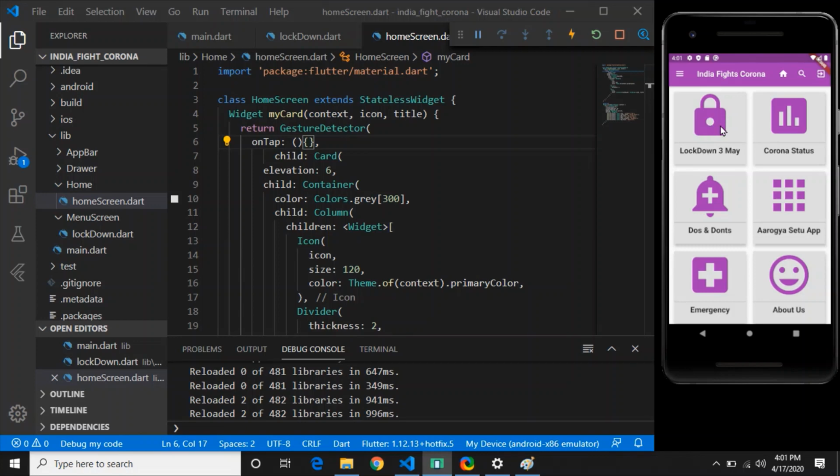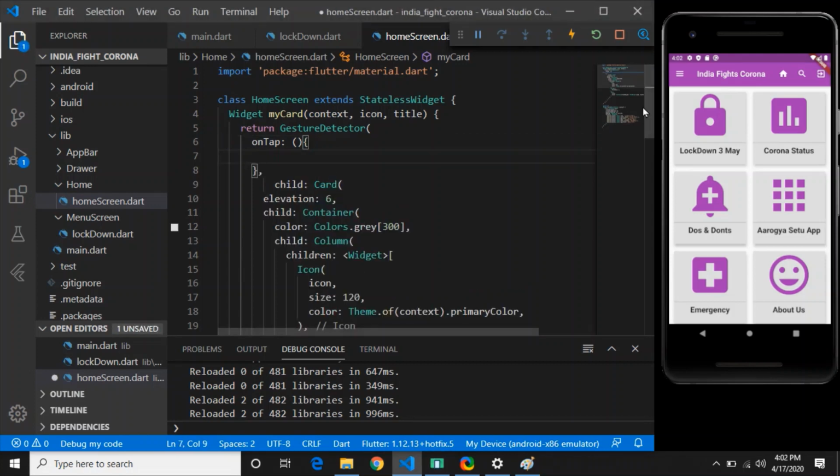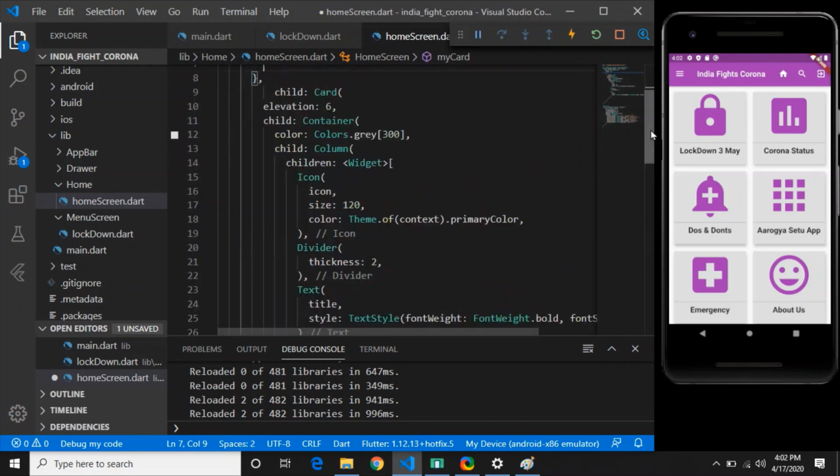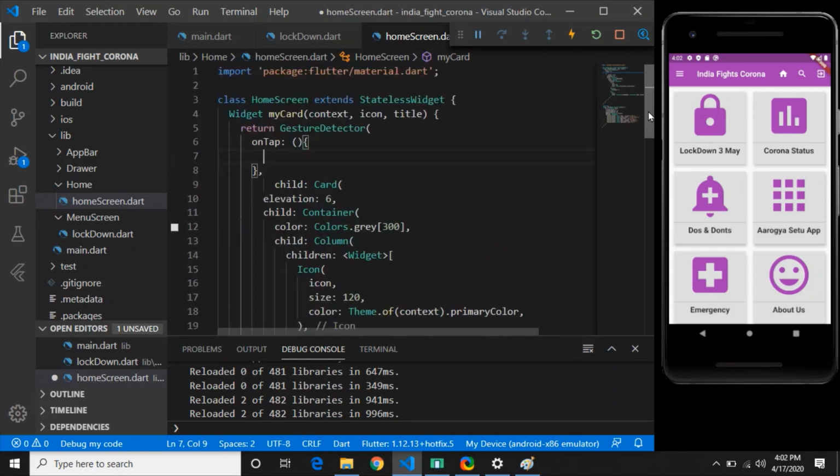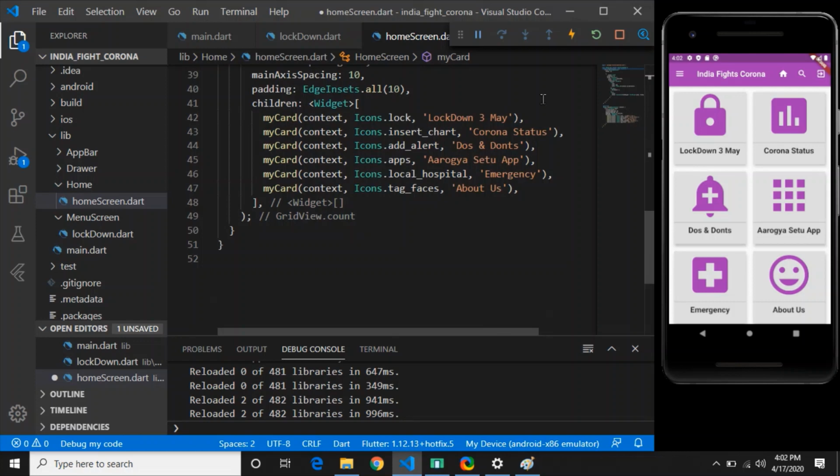I cannot see any effect. You will say okay, wait, you will see the effect. Just have some patience. Now you can see there are three arguments: context, icon, and title. Next, after clicking on this card, I should be redirected to the new page, that is the lockdown page. So I will write the link or the route here. And what is the route?